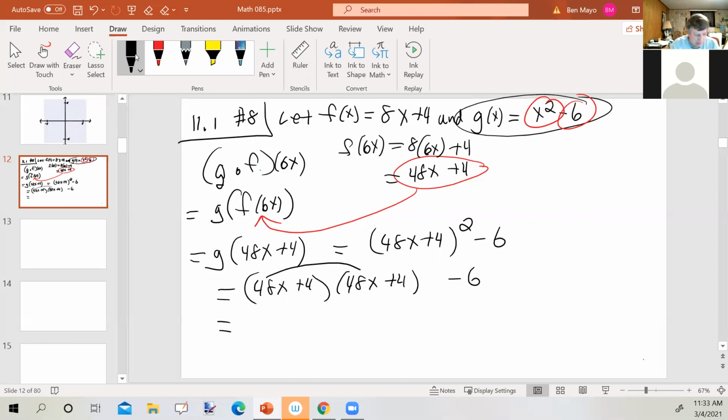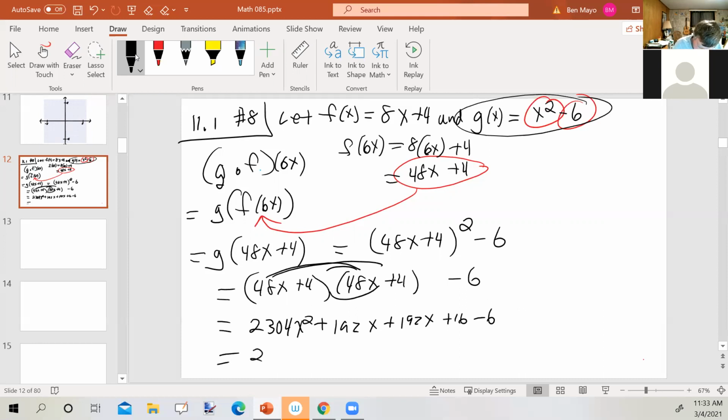Let's see. What's 48 times 48? We get 2,304 x squared plus 48 times 4 is 192x plus 192x plus 16 minus 6, which is